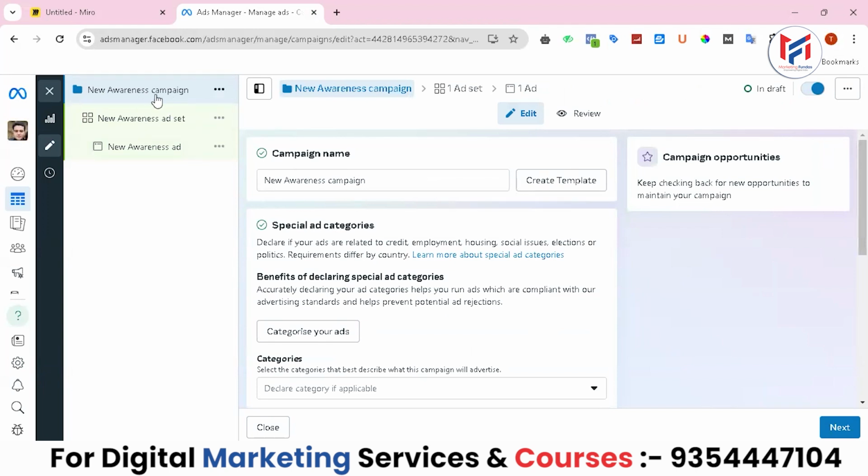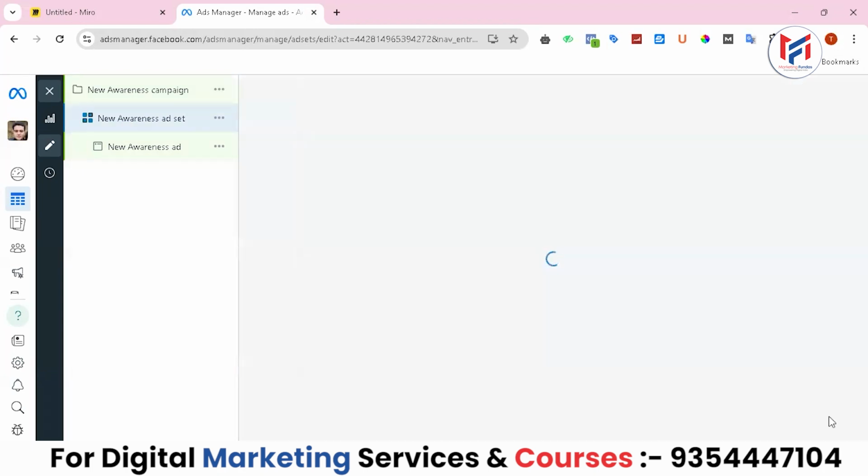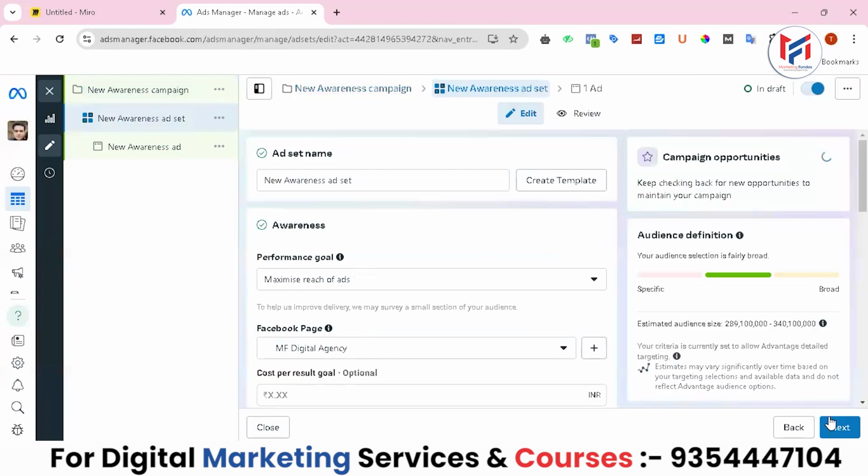Now you have the first level, that is the ads campaign level. I will not make any changes here because I was going to talk about the ad set level. And here you have come to the ad set level. Once the settings are complete and created, you come back to the level and set it again.